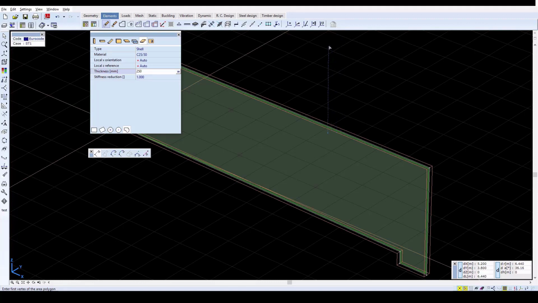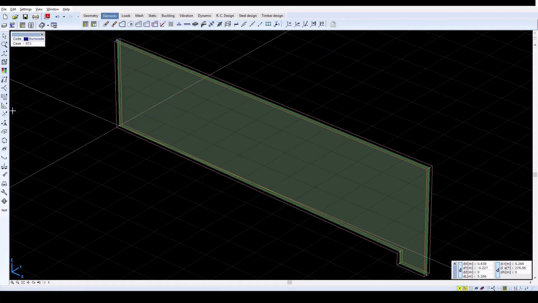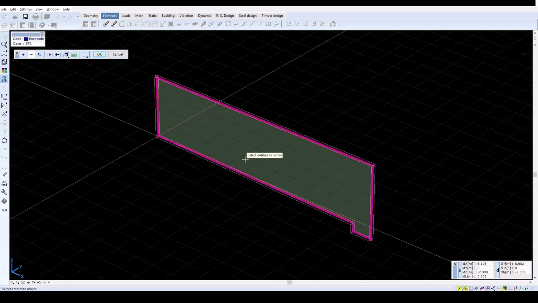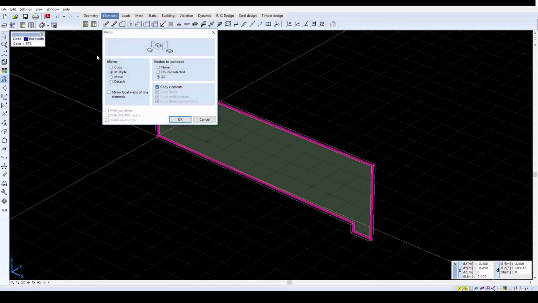Now create the parallel wall in the reservoir. Click on the mirror icon and select the entire domain with the All button. Click OK. In the window, select the Multiple mirror type and set all of the nodes to connect.